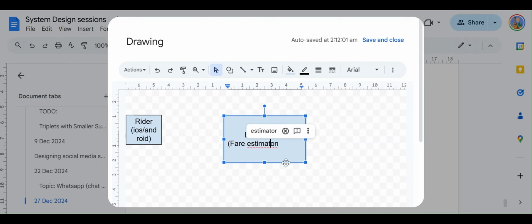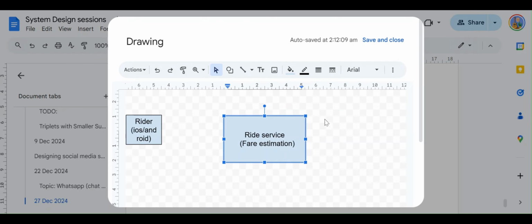This is the very first functional requirement. The rider is putting a POST request over here, and this POST request is coming to the ride service, and the ride service is simply getting the fare estimate.